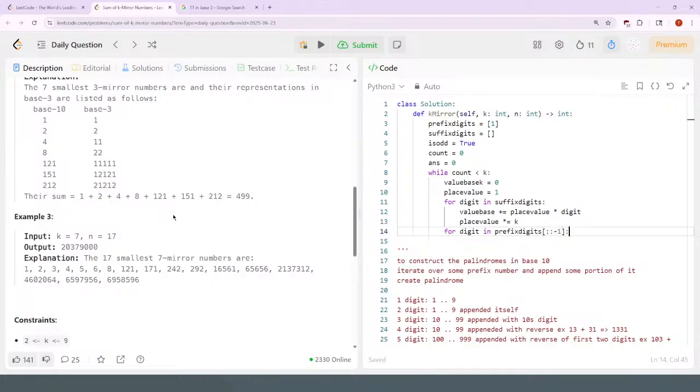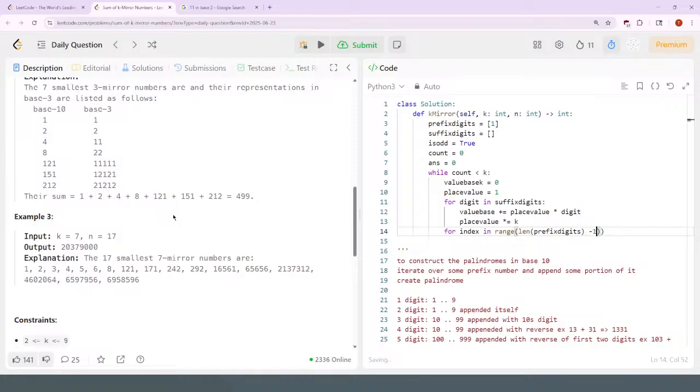This is bad, this is creating the reverse array. I don't know if you want to do that. For each digit in prefix digits, for each index in the range of the length of prefix digits,